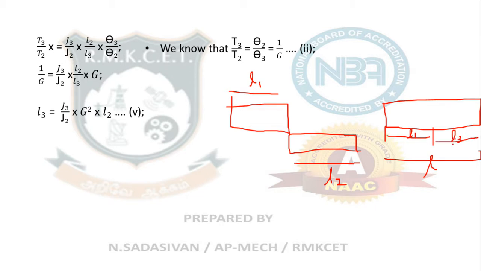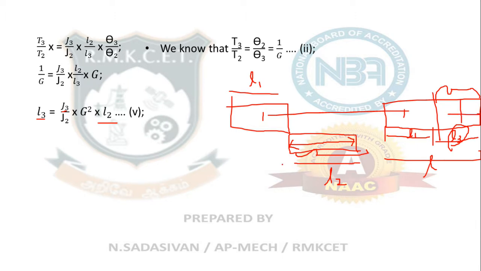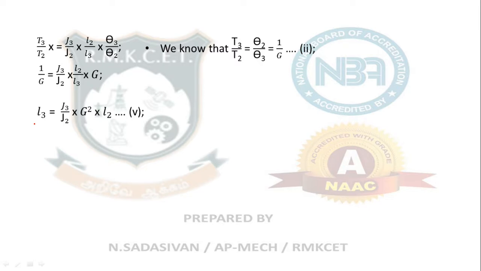How will you find it out? The first diameter is taken here as the equivalent diameter. Now this L3 is calculated using the formula J3 by J2 into G square into L2. L2 is the initial length of the second portion which you are eliminating. It is the polar moment of inertia of this portion divided by that portion. Since it depends only on diameter, I know exactly what the polar moment of inertia is, because I don't know the length, and that is what I am trying to find out. J3 by J2 into speed ratio square into the initial length which you are eliminating will give you the new length. That is one formula you are going to use in the problems.